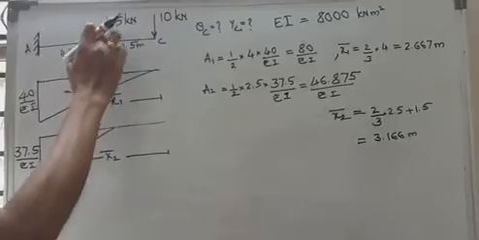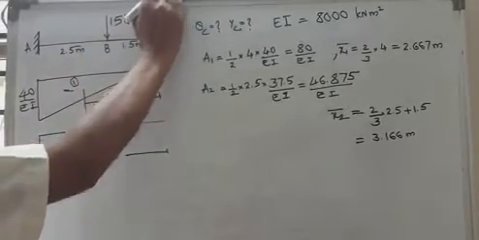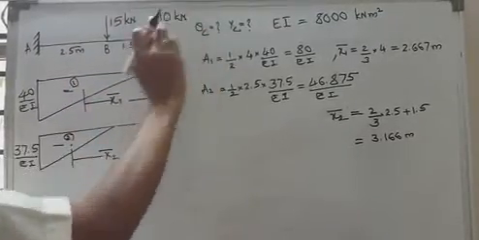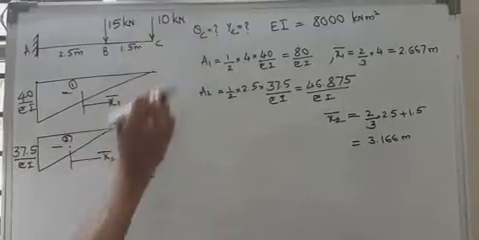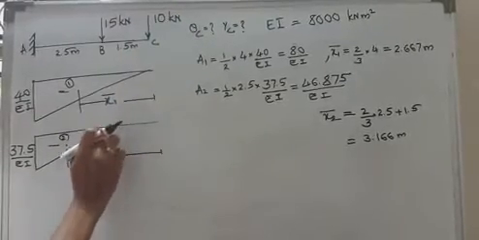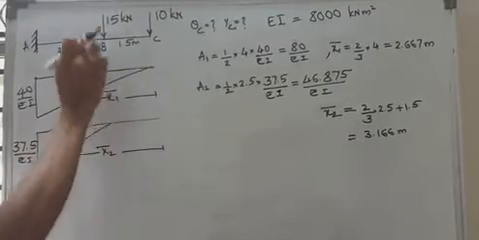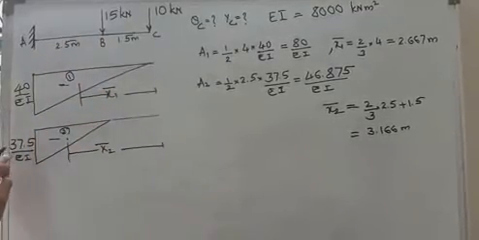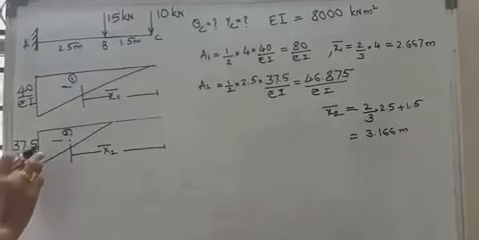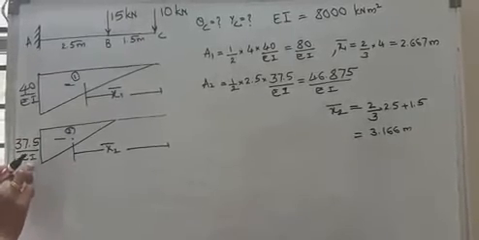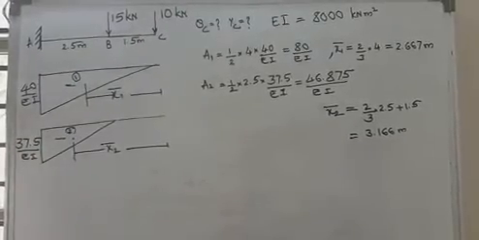Next time let us consider this load and we have to forget this load. So when you forget this load, you have to remove this load. Means here there is no load at that time. There will be no bending moment diagram between C to B. The bending moment diagram starts from here. 15 into 0, that is 0 here. 15 into 2.5, it will become 37.5. Again it is M by EI diagram, so it will be 37.5 divided by EI.